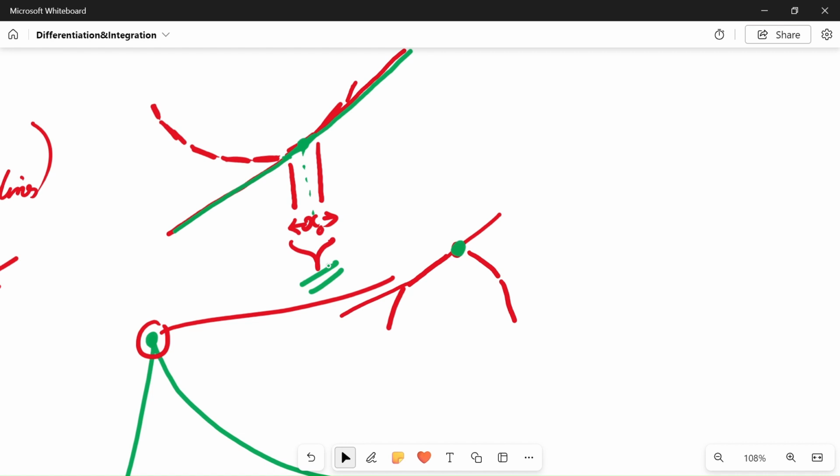Let me say it clearly once again: when you say that the derivative of a curve at a point gives you the tangent at that point, what you actually mean is that the derivative gives you the equation of the infinitesimal straight line extended on both the sides in the neighborhood of that point, not for that point, because you cannot draw a line